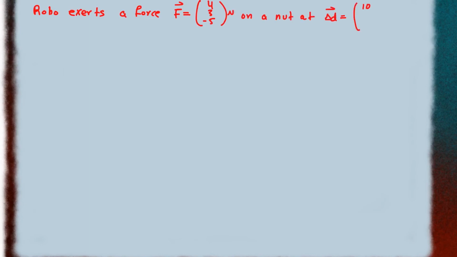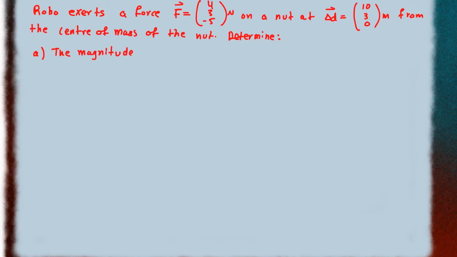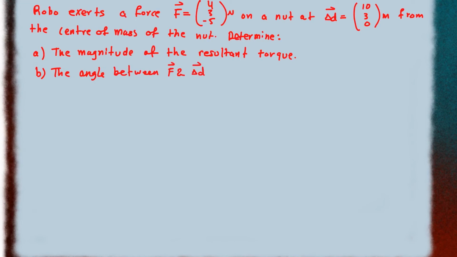Okay, now for our second question, we have Robo who exerts a force F on a nut at a given displacement, and the displacement is from the center of mass of the nut. And we want to determine A, the magnitude of the resultant torque, and B, the angle between the force and the displacement. We know that torque is the cross product of force and displacement, and here I made a mistake